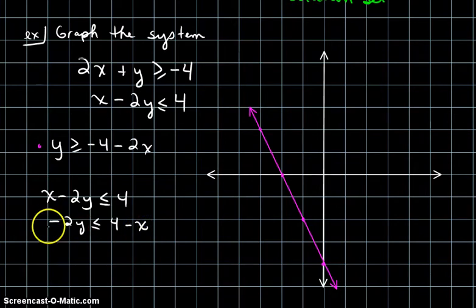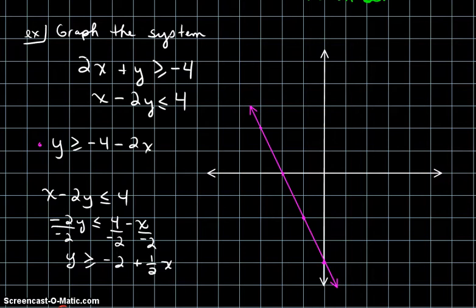And now I've got to get rid of that -2. So what do we do? Yeah, divide everything by -2. Well, here's what happens. Because I'm dividing by a negative, my sign is going to switch. That's exactly right. So now we have y is greater than or equal to -2, and then be careful with your two negatives here, plus 1/2 x. And now I want you to graph that line. I'm going to circle this -2 in red because of the fact that when we divided by a negative,